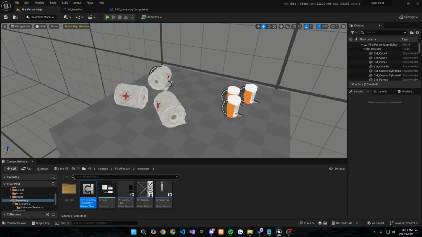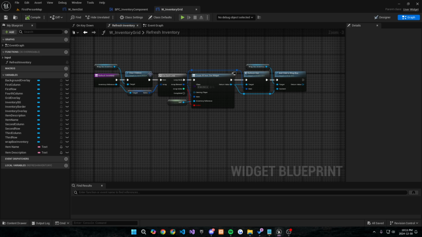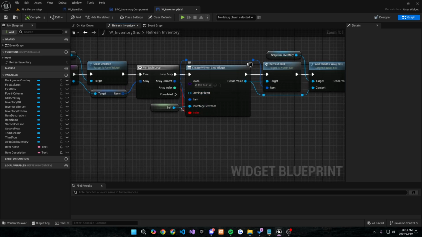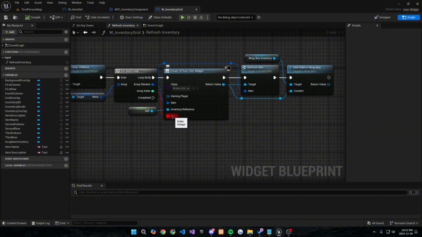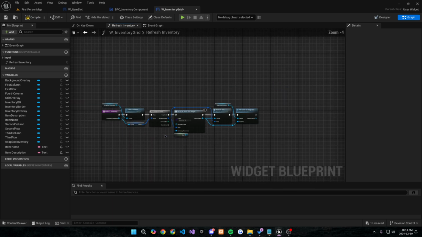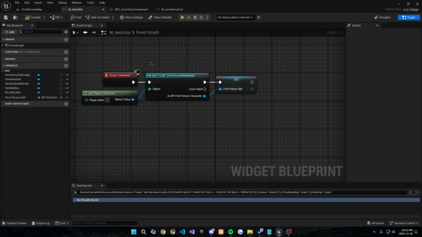Oh, sorry, not here. In our widget grid, if you go to the graph, if you go to refresh widget, right here you can see that this index was used right here, but actually after doing some testing we don't need this value. So we can just press Alt and left click, and that node will no longer be connected like that. And that's actually fine. We don't actually use that value ever,